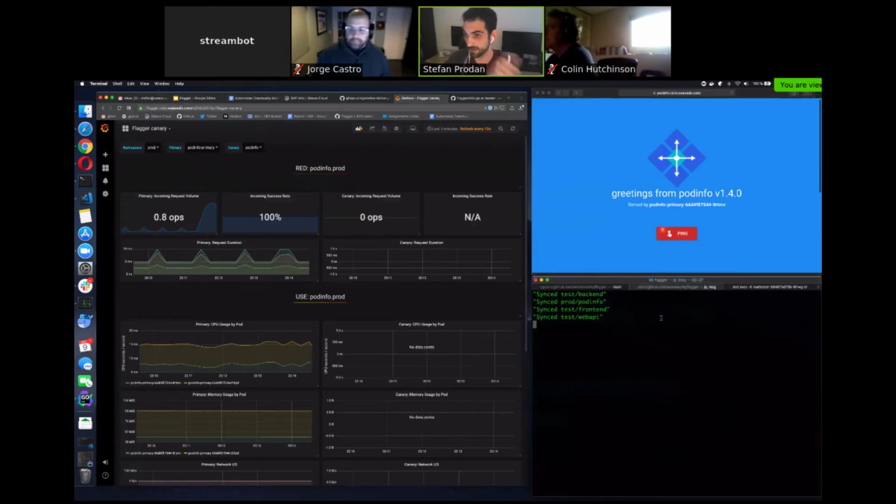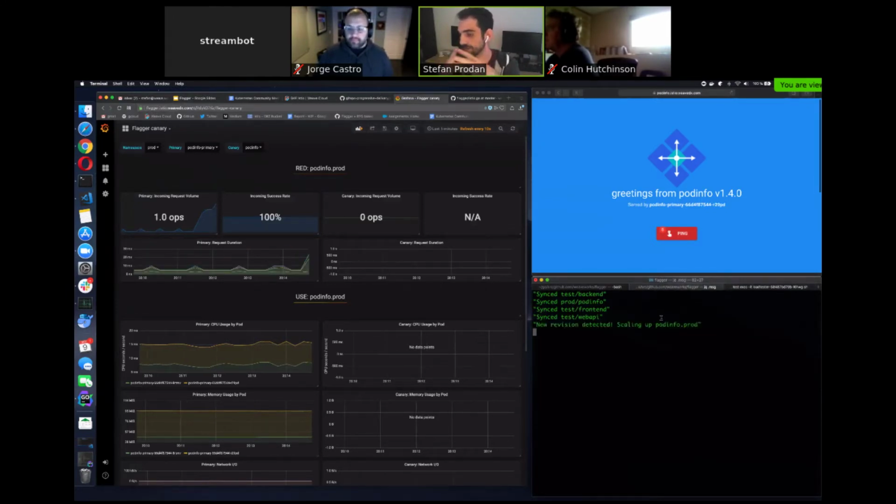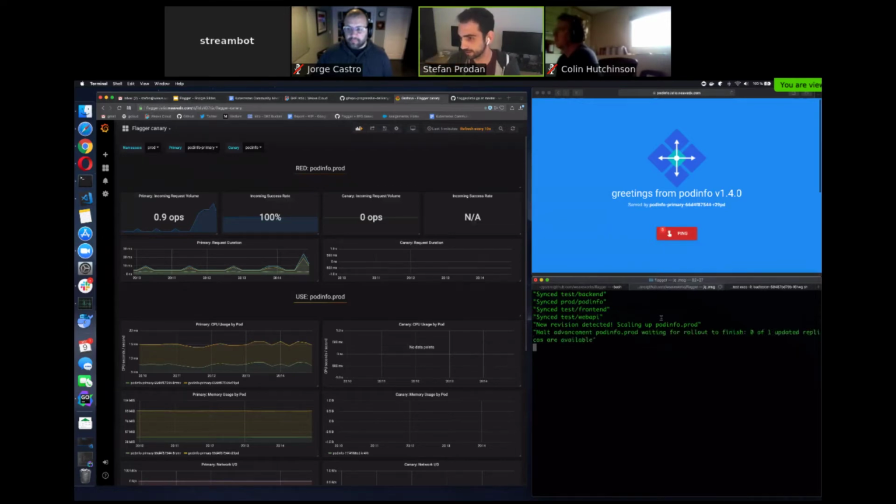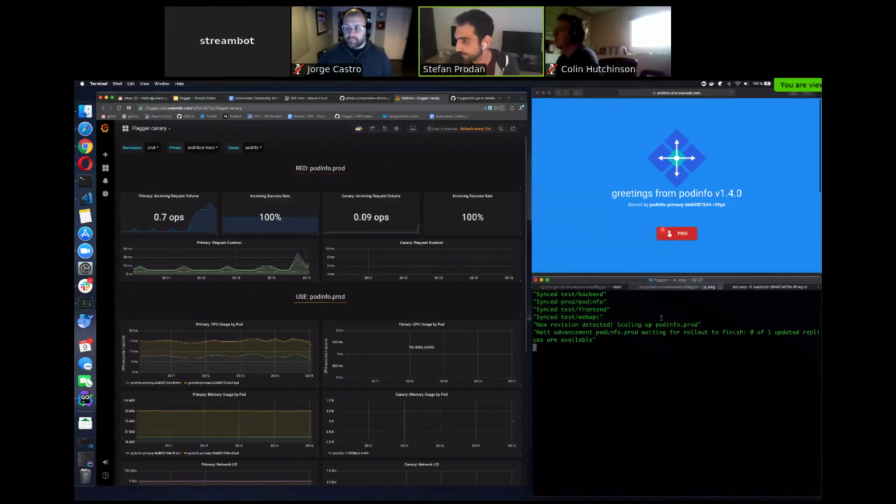Now, as soon as the change is delivered on the cluster, Flagger will detect that the revision changed. So it said new revision detected, and what it does, it first scales up the deployment. It checks the health check of it, waits for the horizontal pod autoscaler to scale it up if it needs to, and afterwards it starts to route traffic little by little to the new instance.